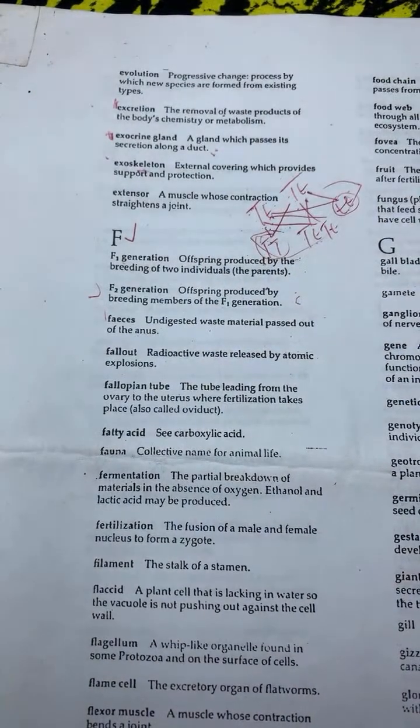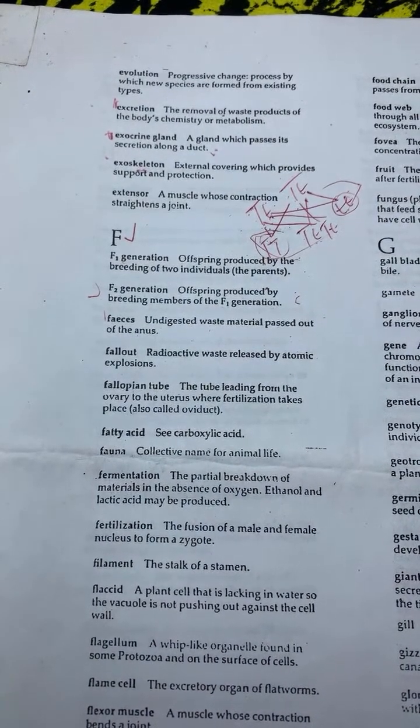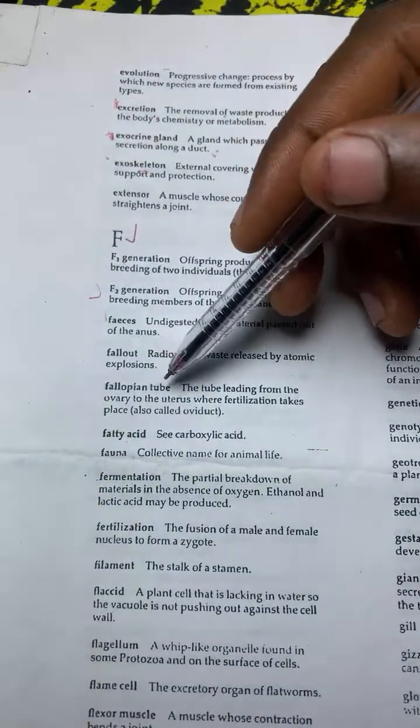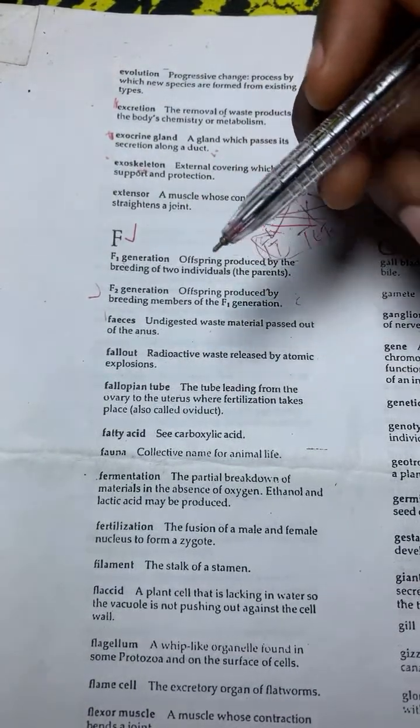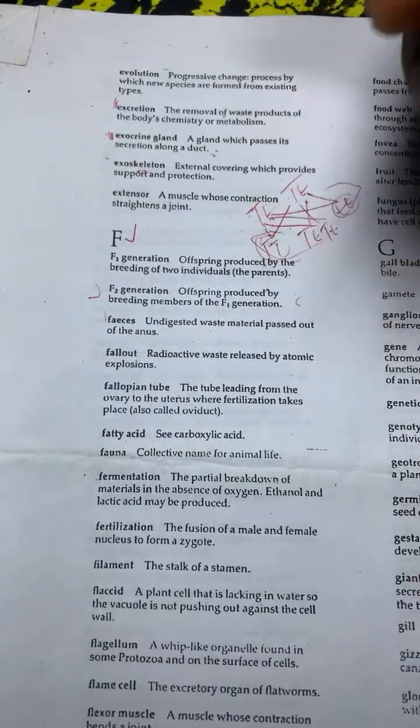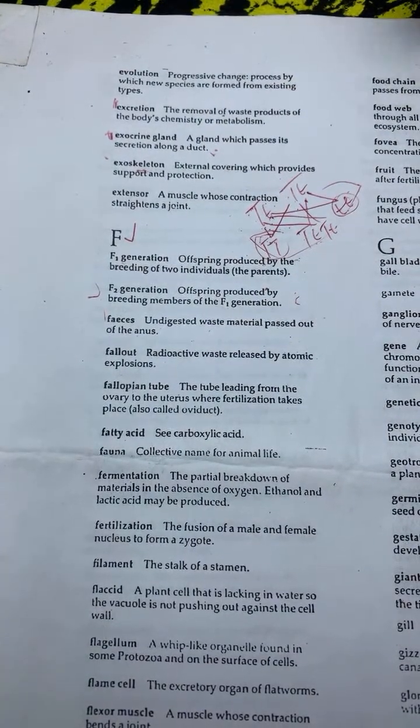The tube that leads from the ovary to the uterus is called what? Fallopian tube. And this is the place where what? Where fertilization takes place. Because after the young man has introduced the spermatozoa into the body of a female,